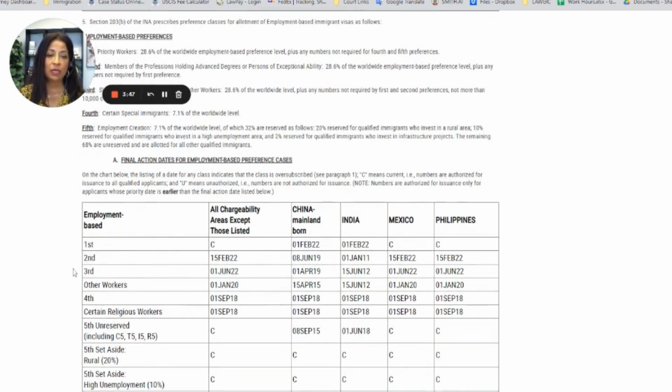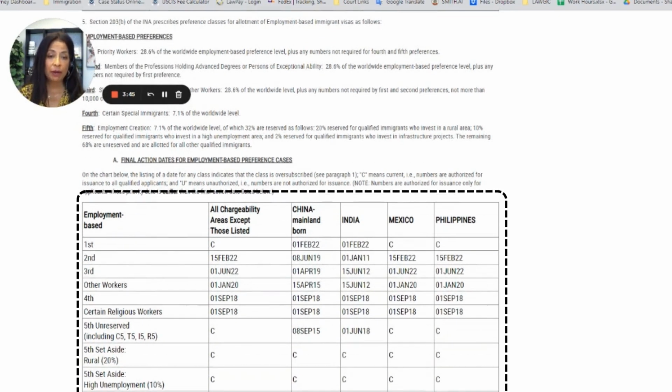So you will see here that if we are third preference, right? Third preference employment-based residency, meaning that you've already filed a labor certification and you have an I-140 pending or approved, you would be checking here to see when your priority date is current and when you can move on to the final stage of residency. So you can see here that the third preference category is in 2022 now. It's June 2022. So if your priority date is on or before that, you can now proceed to the final